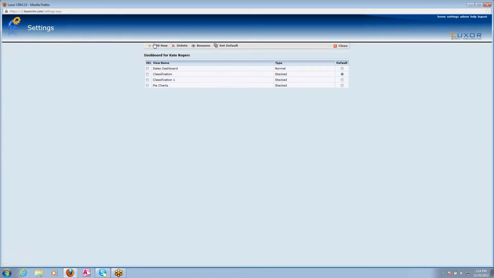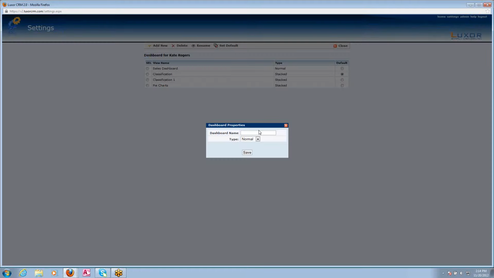To add a new dashboard, we simply click Add New. We name our dashboard, and we select what kind of dashboard we want to work with. For the purpose of this presentation, we're going to use stacked dashboards. Stacked dashboards are intended for the restoration industry to track referrals, where business comes from, and other important information. Once we select the type of dashboard, we click Save,